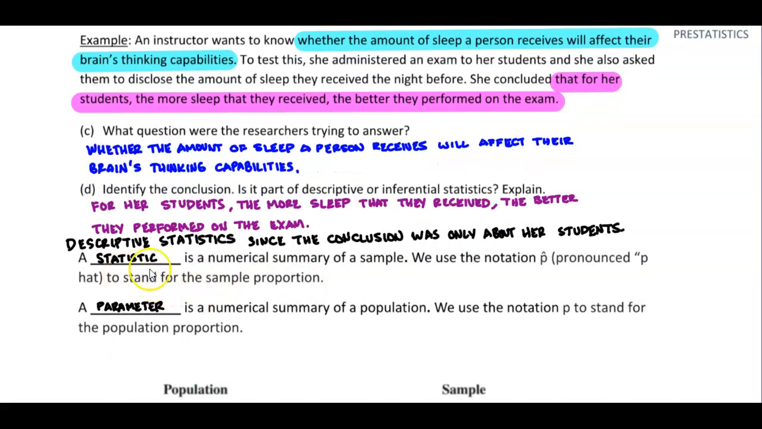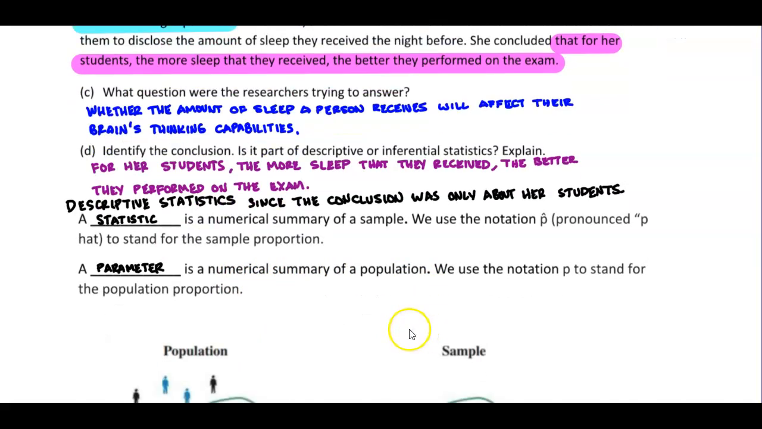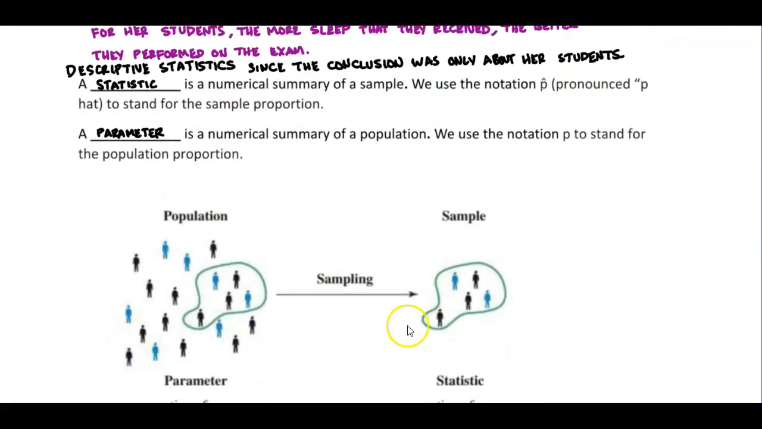Now, a statistic is a numerical summary of a sample. We use the notation p hat, pronounced p hat, to stand for the sample proportion. A parameter is a numerical summary of a population. We use the notation p to stand for the population proportion. So going back to our figure that we had in a previous slide,